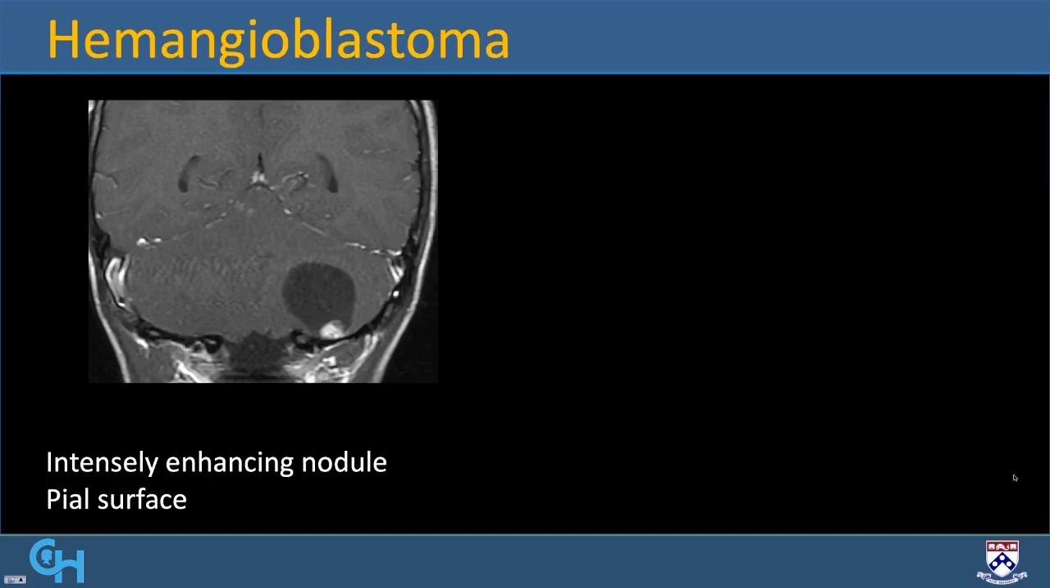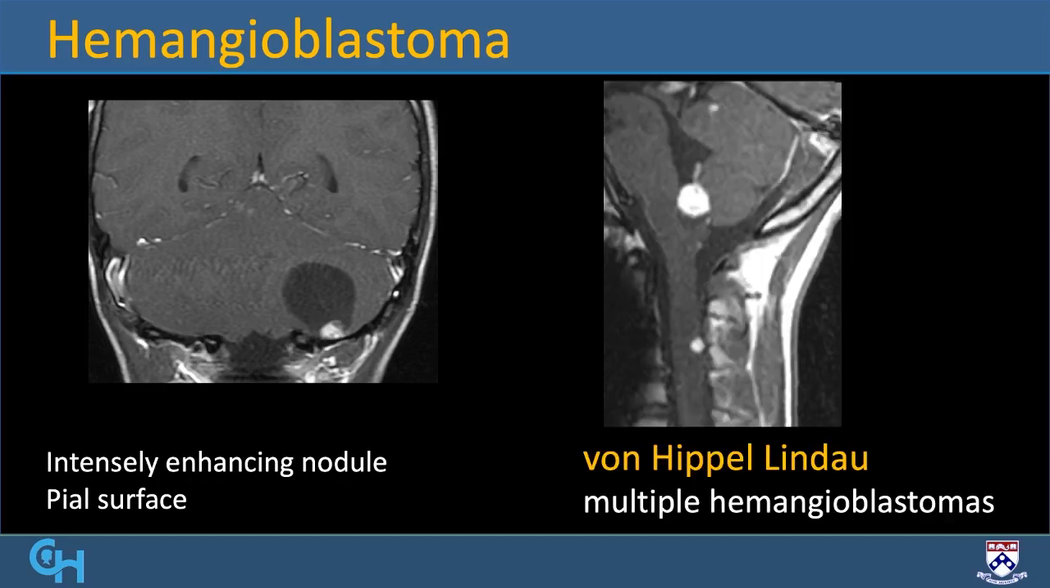At this time, I want to talk about an entity which is usually seen in older children, which also has a cyst with a mural nodule. But the difference here that I want to point out in this case is that the nodule is intensely enhancing, and quite frequently this nodule is noticed to be on the pial surface or the margin of the cerebellum or the posterior fossa. And they may be isolated or single, or sometimes when they are multiple, then you need to